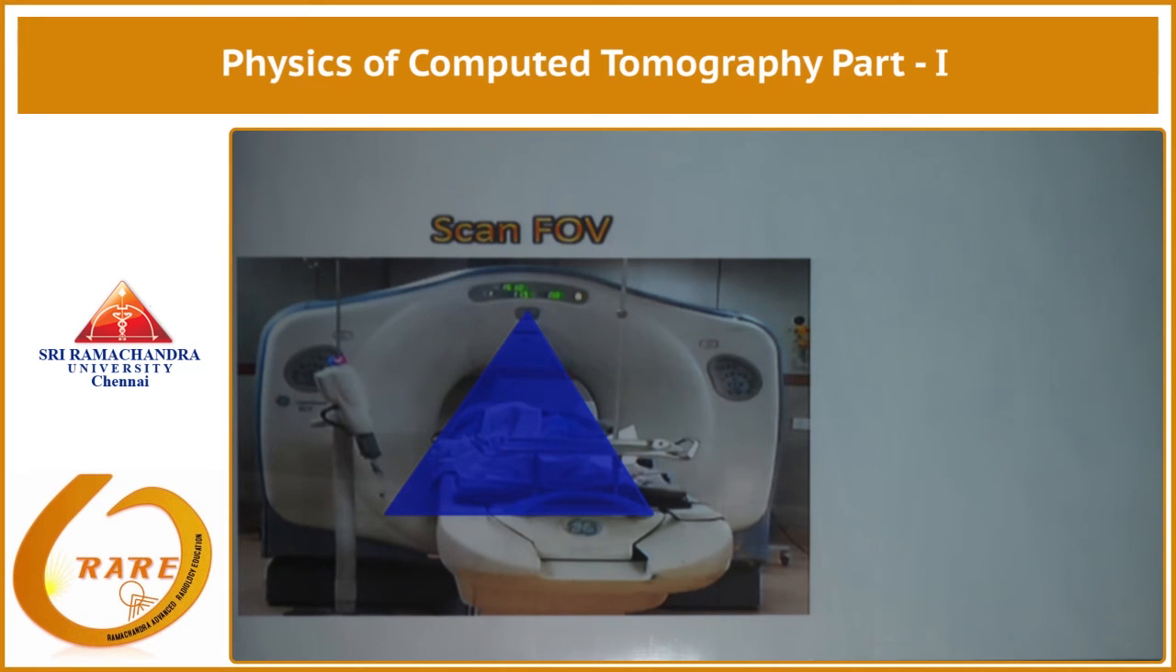So scan field of view has to do something with the hardware. Keep the collimator open to cover the entire cross section of the patient's